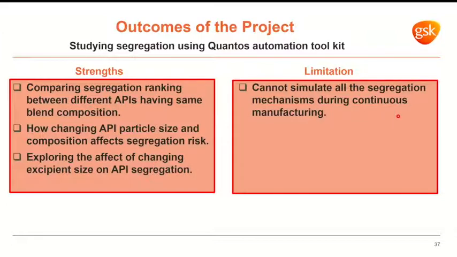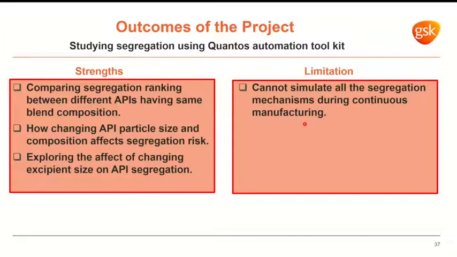However, the limitation is that it does not exactly simulate all the segregation mechanisms that are happening during continuous manufacturing. We don't know what the exact mechanisms are that happen at that stage, and so we cannot say for sure that this machine is replicating the segregation mechanism that happens in continuous manufacturing. Moreover, because we have not been able to find the right statistical tool, this